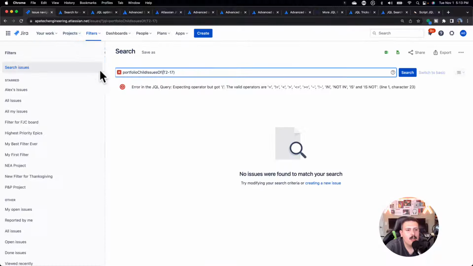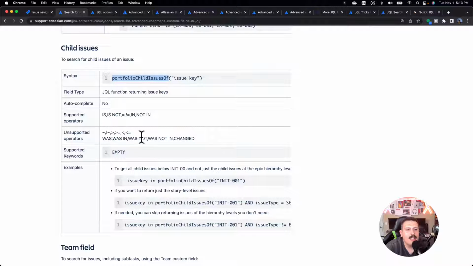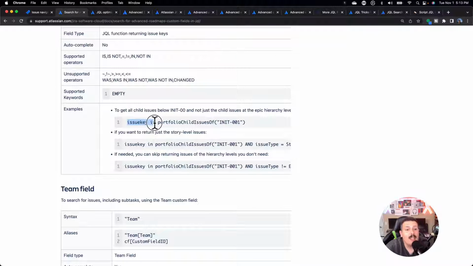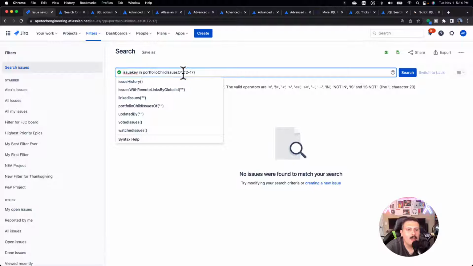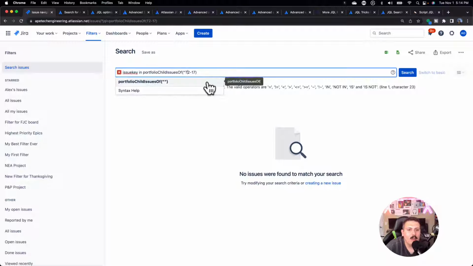Portfolio child. Oh, you know what? This doesn't work. I've got to look at the rest of this. You want the issue key in. The rest of this code will help us make this function. And so when we do this and put the quotes back in, because I was right, I needed them in there,